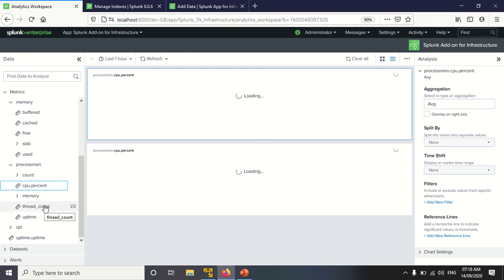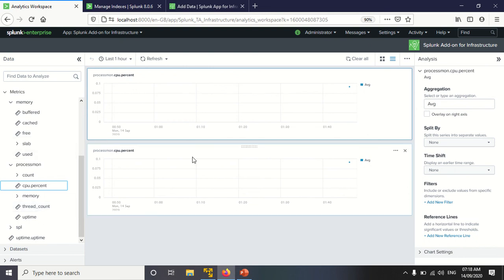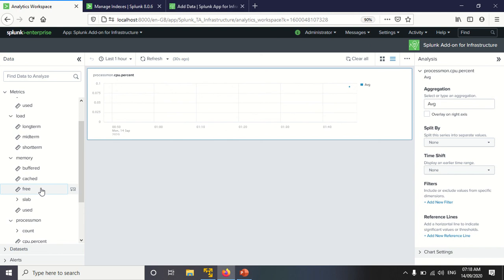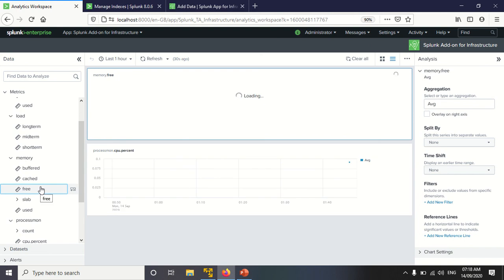The first is from Kali Linux and the second is from Ubuntu. So you can observe these charts. So this is my free memory. This is for Kali Linux.